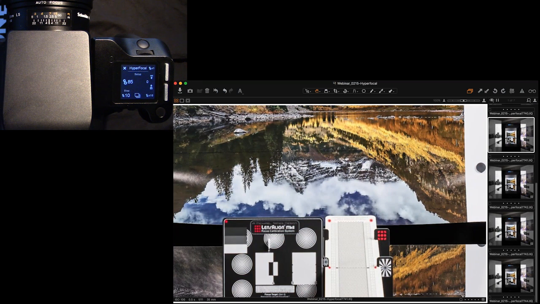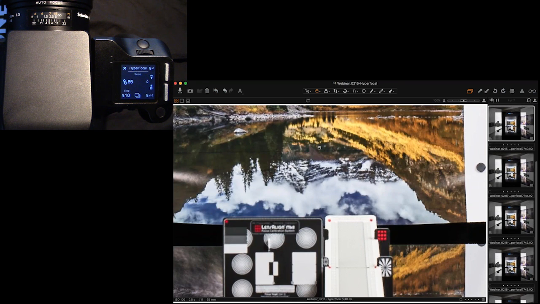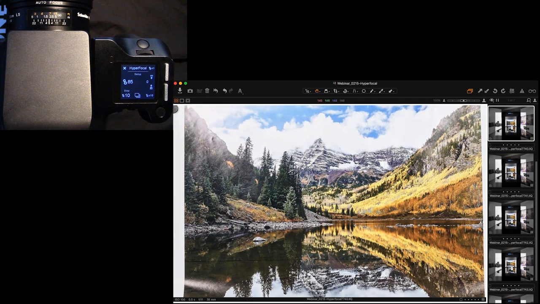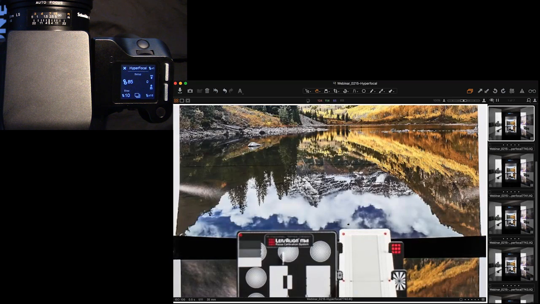If we go to 75 and look at the exact same area, we'll notice that infinity is sharp, but we've lost all legibility on our focusing chart. So if we go to 65, we should again see that our infinity is nice and sharp, but our foreground is going out of focus. This example is similar to shooting at infinity focus, where our mountains are nice and sharp, but we've really lost anything in our foreground. So we have a very beautiful, sharp, crisp, clean infinity focus, but we have no advantage to our depth of field in the foreground.